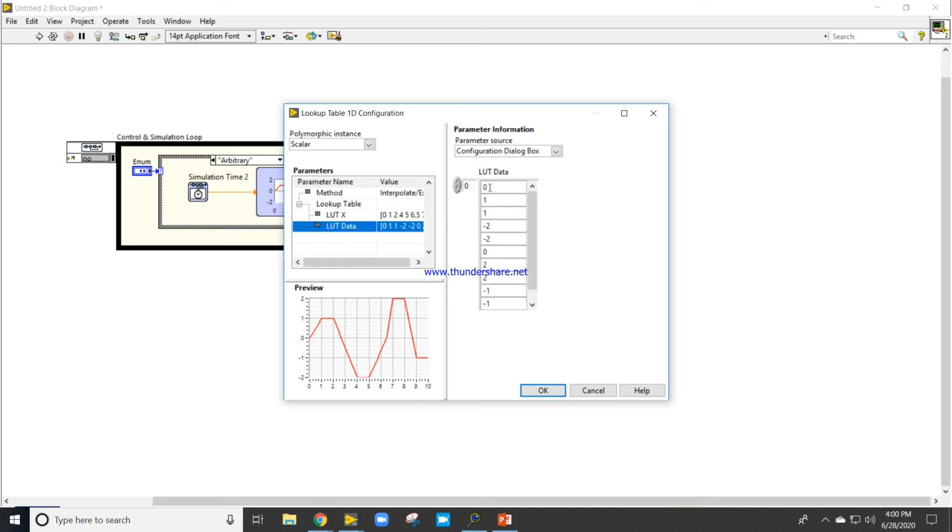Then the y-axis data: first one is 0, second one 1, 1, then again -2, 0. If any kind of interpolation is available, you can see each and every data. After that 2 and 2, then -1 and -1.